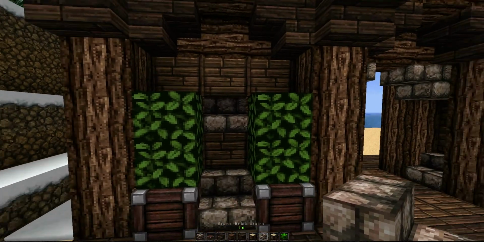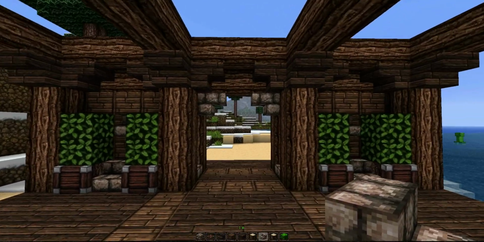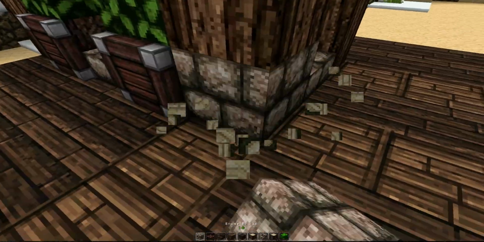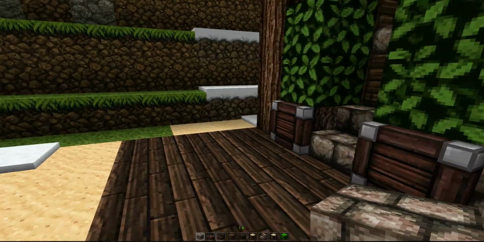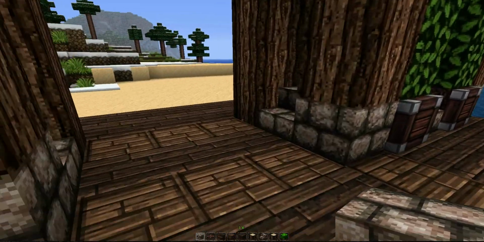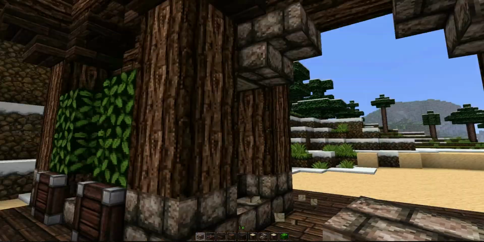Alright, so this side's looking good. I could even go so far as to add some stone bases, as I said before, to kind of imply that stronger foundation. And so this side looks good, and then on the opposite side,